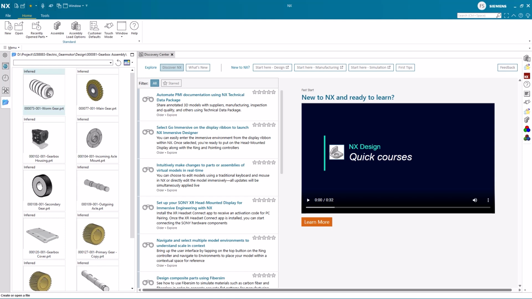To summarize what you have seen, the important steps of setting up your preferences to be able to efficiently handle your assembly within NX. We have had a look into the very important load options that dictate how your assembly files should be loaded, and where we have set how NX should search for files on the file system, to what state the file should be loaded, like fully loaded or minimal loaded, assembly filtering methods using reference sets, and that you can save the load options for quick return and to share with other team members when necessary.